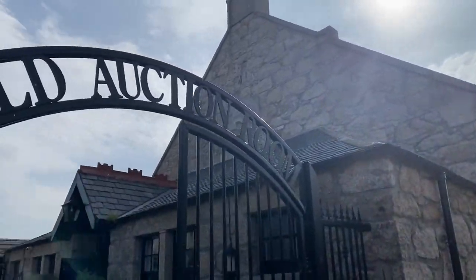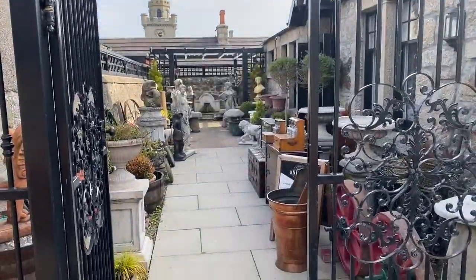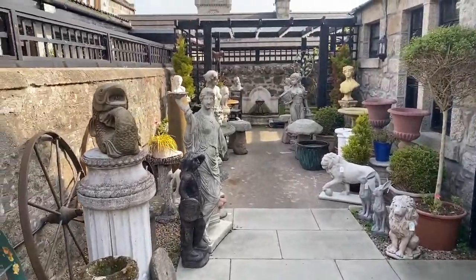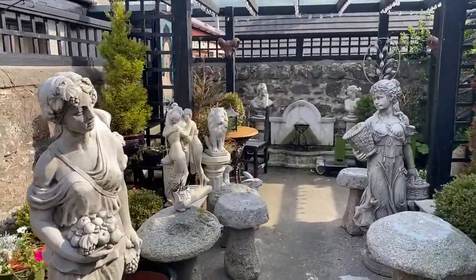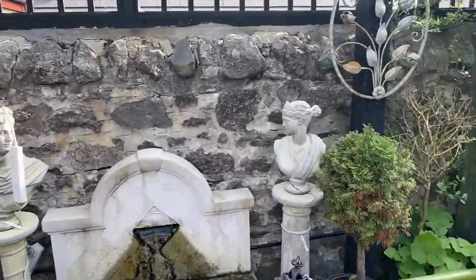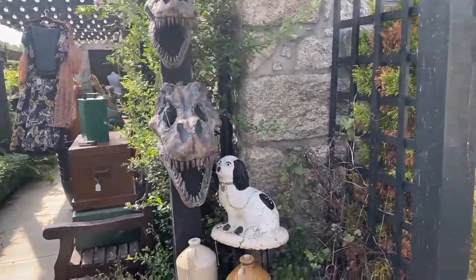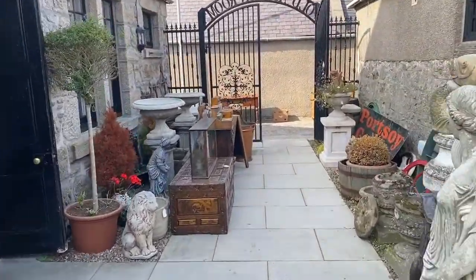outside the front gate of the old auction room, and narrow little pathway that comes into the garden area. Always different pieces being delivered or dropped off or getting ready for being displayed, but as you head round the back you'll see more of the garden furniture, always changing with the seasons and as stock comes and goes. Some vintage clothing if the weather's nice, hanging outside. And then the front door